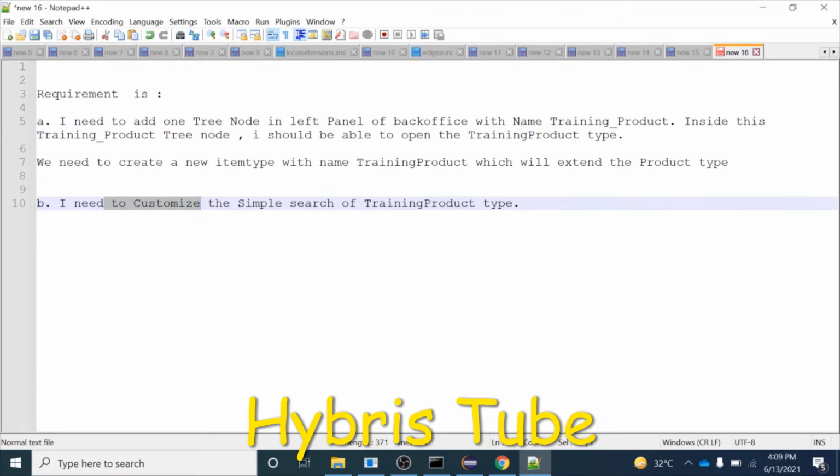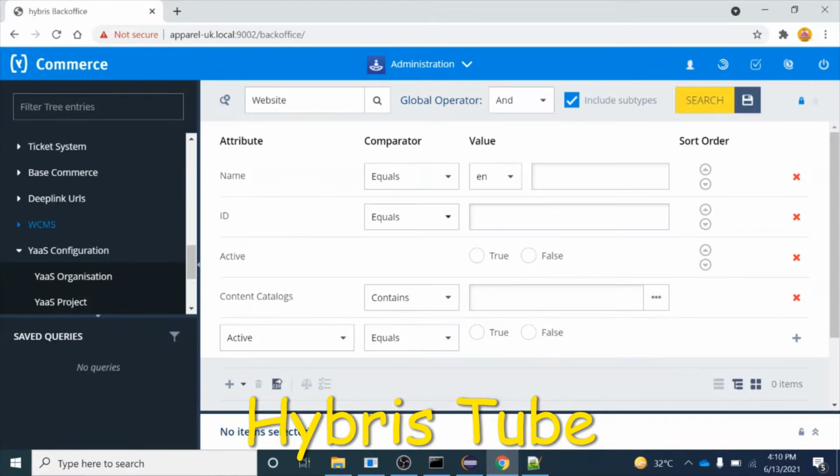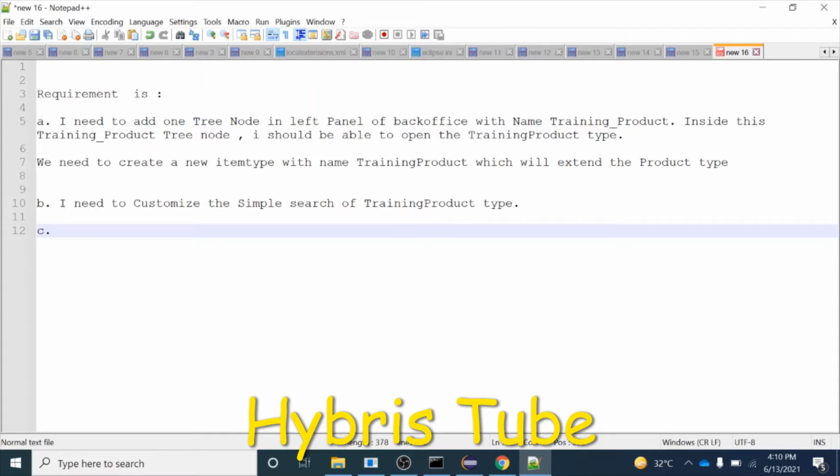In part B, I need to customize the simple search of training product type, right? Then we will customize this advanced search section. Guys, this is the advanced search section. Then the third part is we need to customize the advanced search section, right?